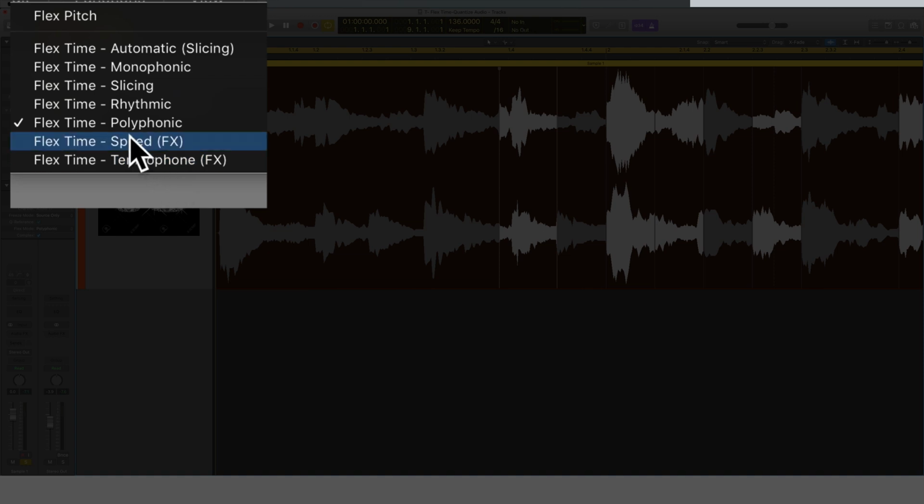Speed and Tempophone, you see they both have this FX in the parentheses after them. It's because they act more like effects than they do algorithms for Flex Time. None of the algorithms in Flex Time are known for changing the pitch. Flex Pitch is, but Flex Time is known for changing just the length of the sample or the speed of the sample without changing the pitch. Okay,